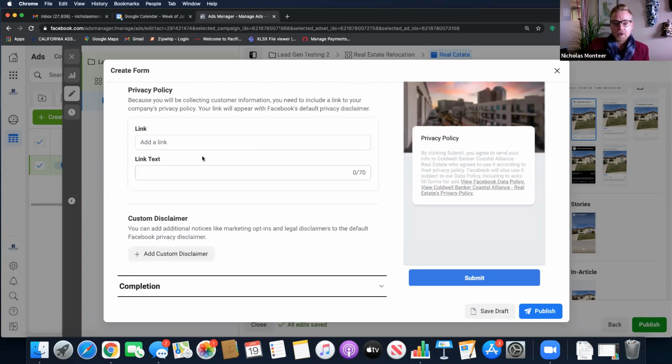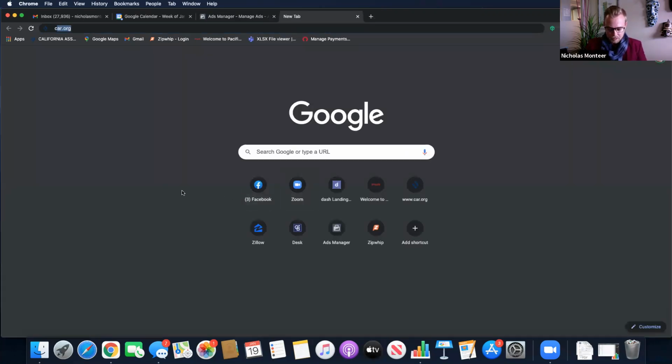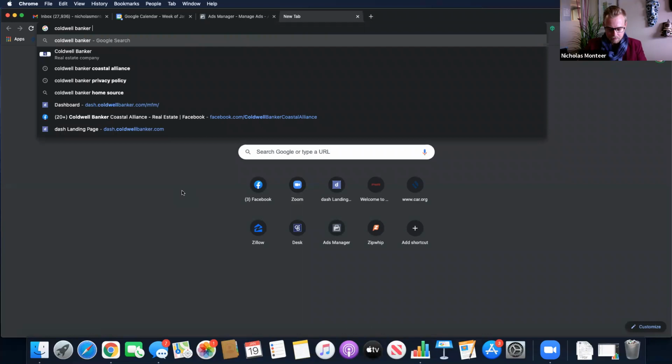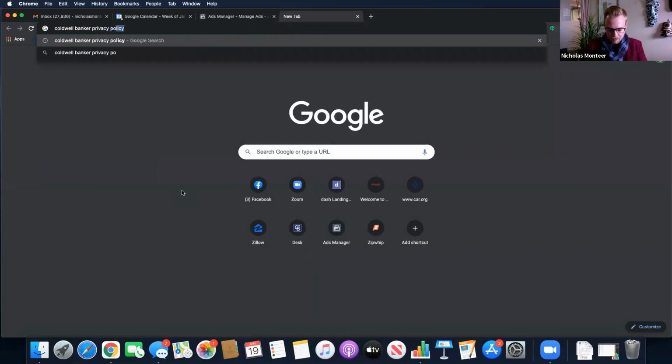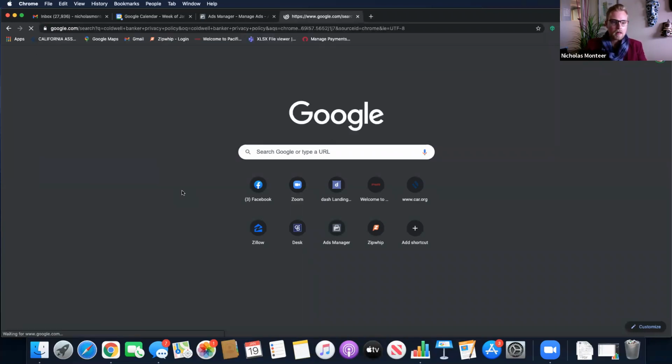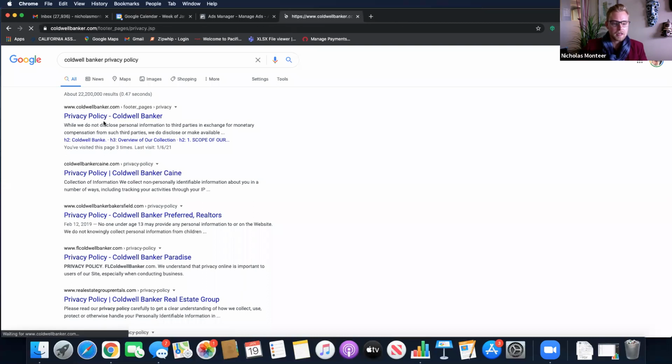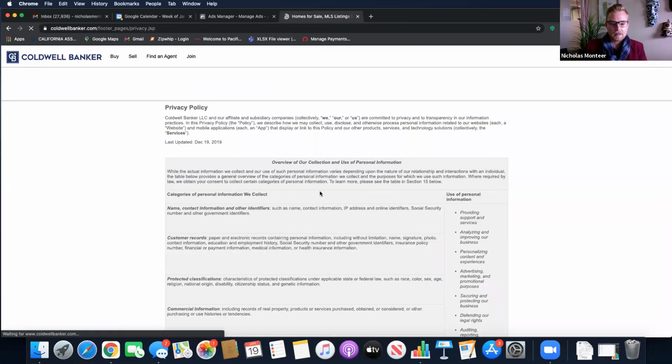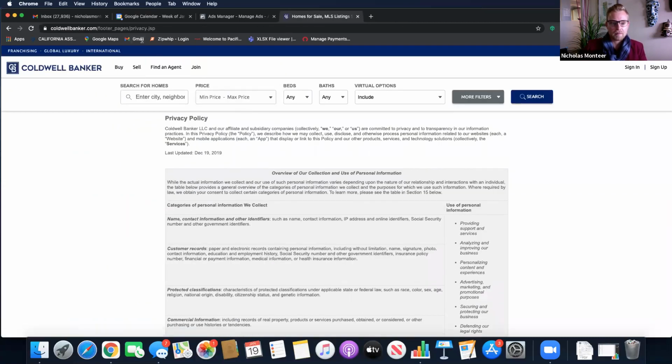Privacy policy. It's going to make you have a privacy policy, just so you guys know. When you go to Google, you can type in Coldwell Banker privacy policy, and it's literally going to take you to the exact link that you need. This is all you need here. So this little magic link at the top, you're just going to copy and paste this link at the very top.